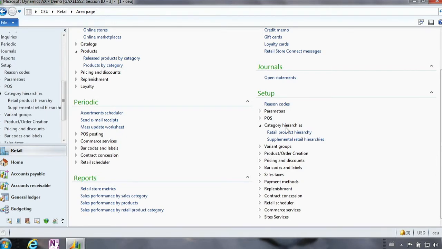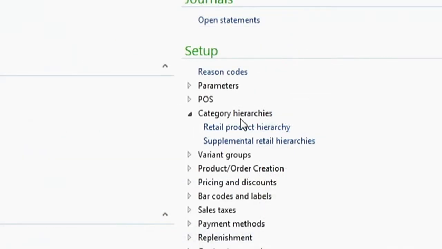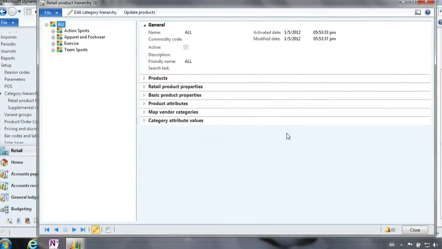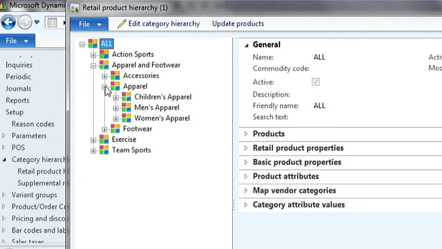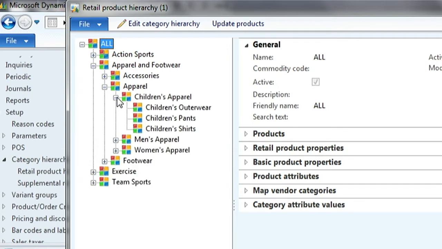within Dynamics Retail. And we'll look first at categories, because this really goes to the heart of how you can organize items within your system, how you can view them, how you can apply parameters and changes. And it's critical that you have a seamless and simple way to do this. You see a tree structure that you can create based on your business needs. You can drill down very seamlessly, very easily. In this case, I'm going to start with apparel and footwear, go deeper into apparel, children's apparel, and ultimately to